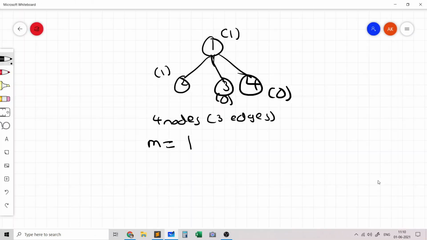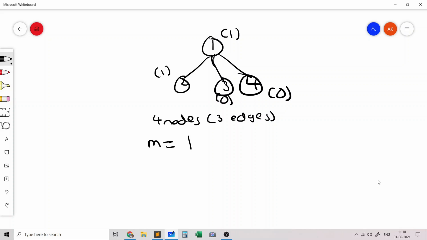In the first sample test case, we are given 4 nodes, and obviously we have 3 edges connecting the nodes. And we know that node 1 and node 2 contain cats. We are also given m is 1, which is the maximum number of consecutive nodes which can contain cats in the path from 1 to a leaf. So you can imagine the tree rooted at 1, and these are the edges going downward.